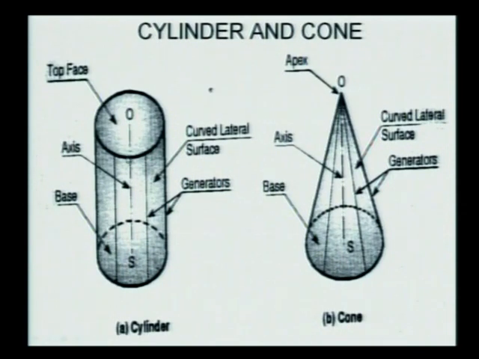But both solids have the axis. This also has an axis, and the prism also has an axis. This is called the